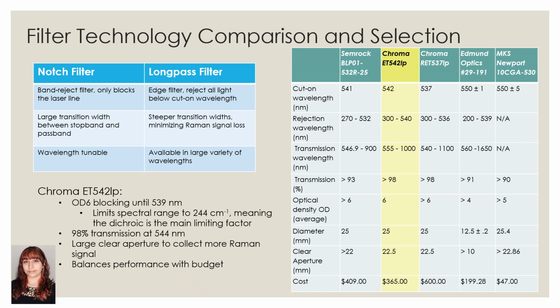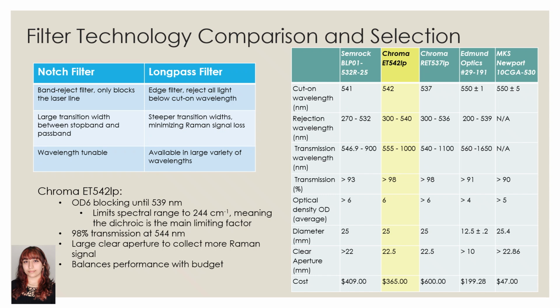The purpose of the filter in our setup is to fully eliminate remnants of the laser line and Rayleigh scattering that were not already reflected by the dichroic mirror and to fully isolate the Raman signal. For our filter technology, we decided to use a long-pass filter rather than a notch filter due to the Raman scattering below 532 nanometers being negligible. The filter we chose is the Chroma ET542LP. Of the prospective long-pass filters, this filter did not have the closest cut-on to our laser line. However, when comparing this filter to those with transmission bands closer to 532 nanometers, we found that opting for the more expensive filter would give diminishing returns in performance and would not be worth the extra money. The high transmission of this filter and the passband that closely aligns with our dichroic mirror makes the Chroma ET542LP